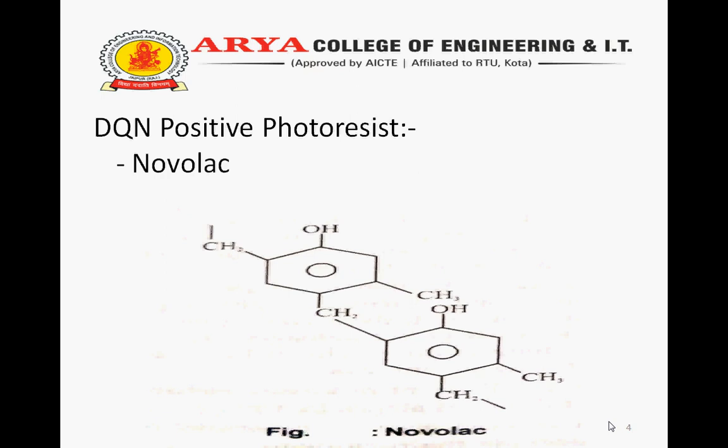Solvents are added to the resin to adjust the viscosity. This is an important parameter for the application of the resist to the wafer. Most of the solvent is evaporated from the resist before the exposure is done. The solvents used in positive photoresist are generally a combination of aromatic compounds such as various acetates and xylene.